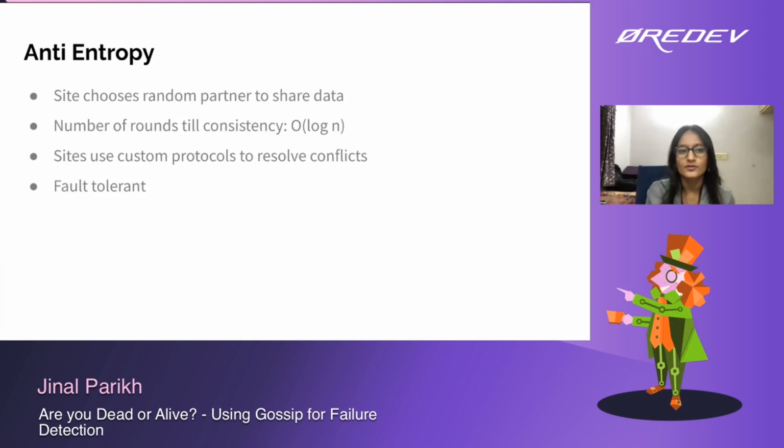So what is anti-entropy? Every site, every node regularly chooses another node at random, and then it exchanges database contents with it. So this is an expensive operation. They basically just exchange their database content, and they resolve differences between the two. So every node is going to do that. If there are n nodes, everyone is going to choose any random partner. They're going to say, okay, what do you have? What do I have? And they're going to exchange and resolve the differences,